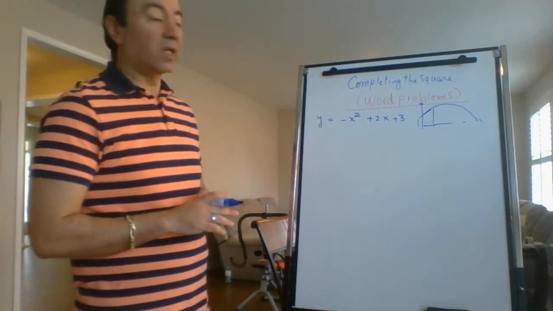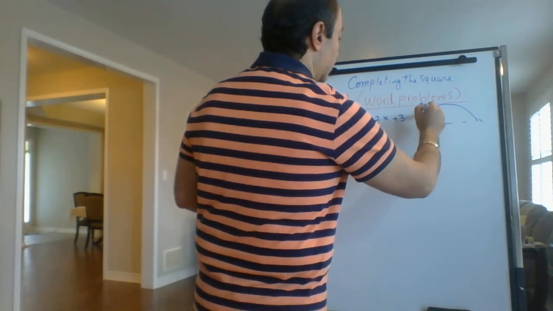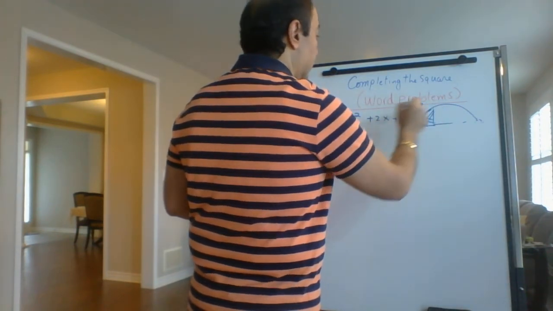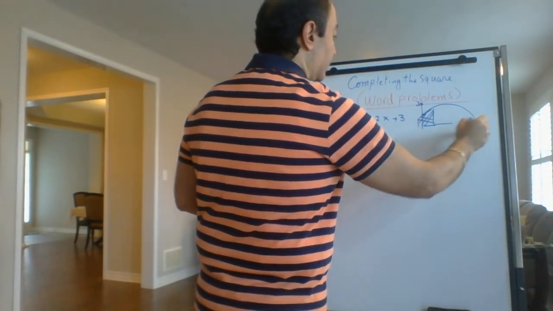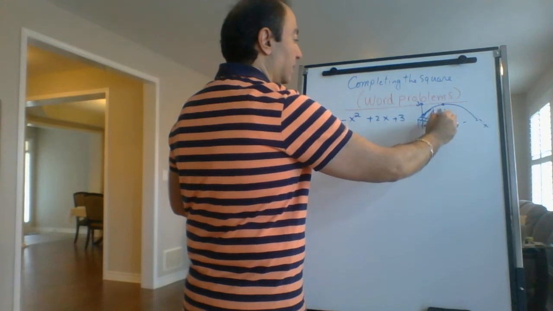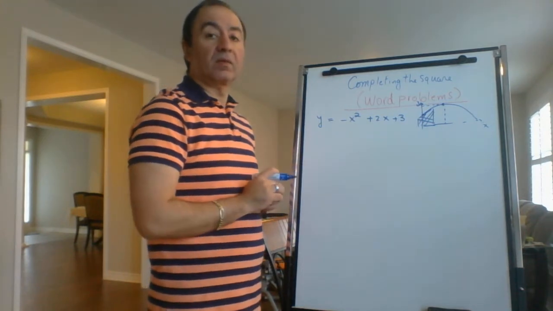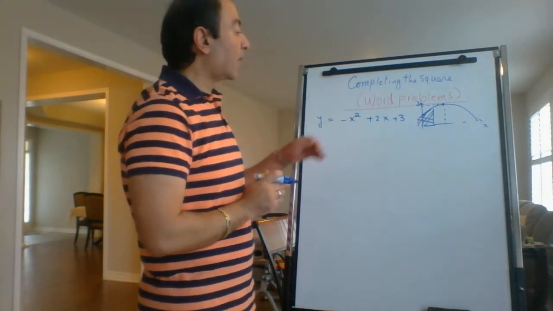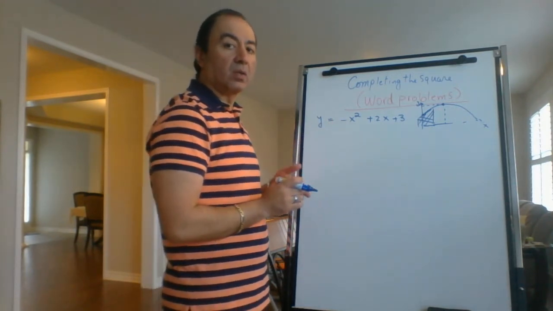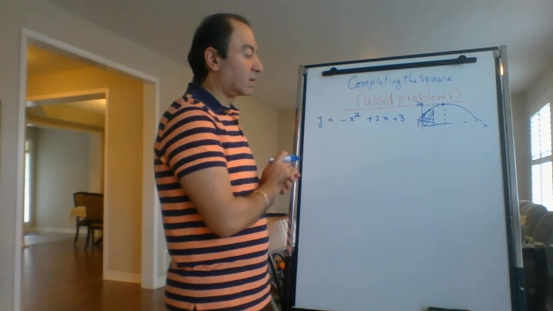They asked us in this question, so again it's like a fence. There is a fence here and the ball is thrown, and this is the height. Y represents the height and x represents the horizontal distance for the ball. So at this time there is a horizontal distance and there is a height. We need to find the maximum height of the ball. And the second thing, we need to sketch a graph. So we need to plot some points and sketch a graph that represents the path